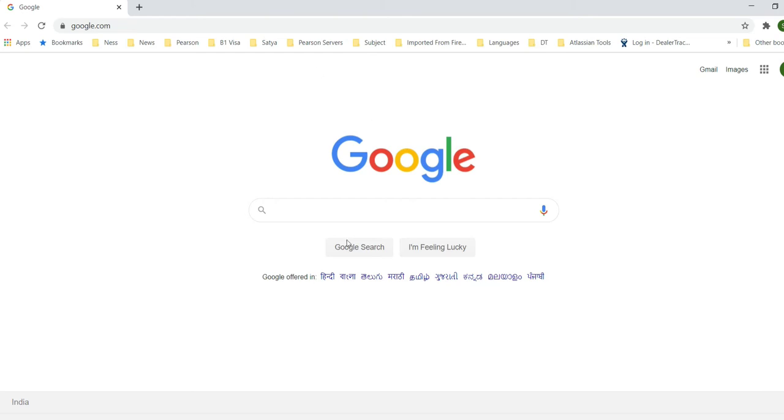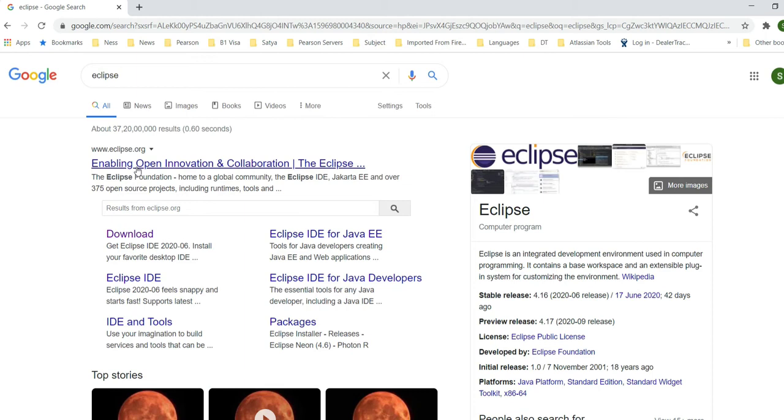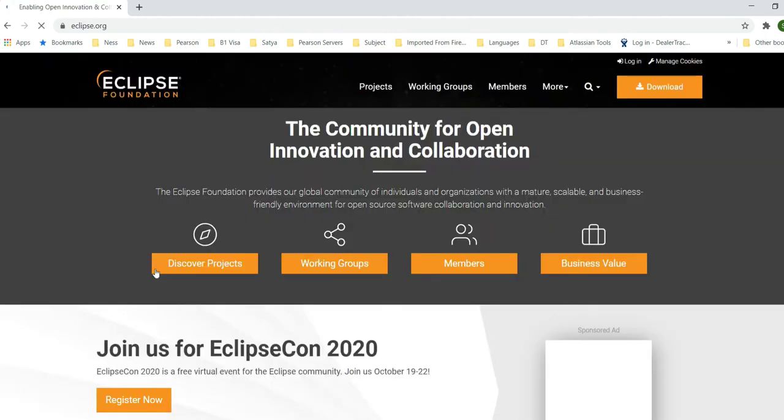Let me go to Google and search for Eclipse. This is the official website, Eclipse.org, and from here we can download Eclipse.